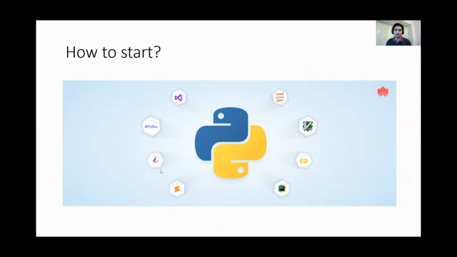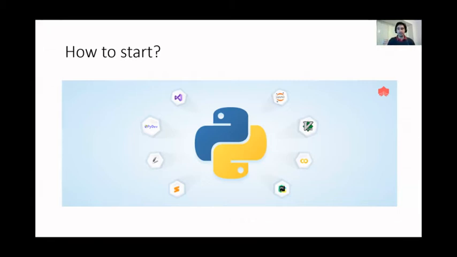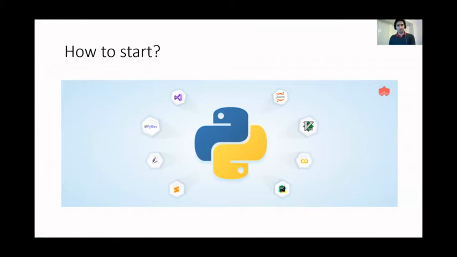When you start to work with Python, you have a lot of examples with tools like PyCharm, VS Code, Jupyter Lab, Jupyter Notebooks, Google Colab. You can also work directly on your console and build code there. So there are a myriad of IDEs, integrated development environments, or Spyder as well, from Anaconda.